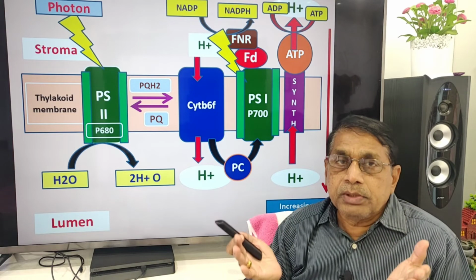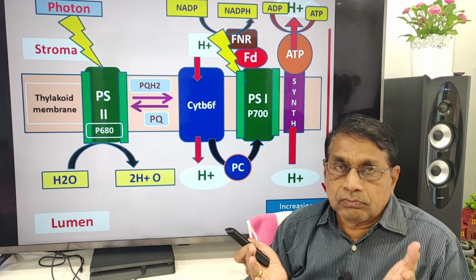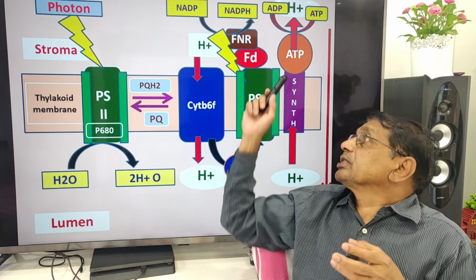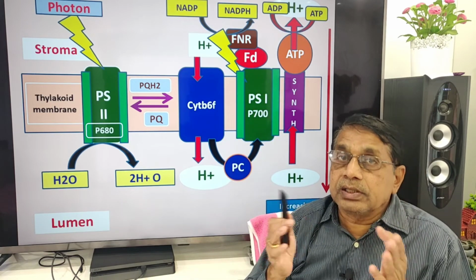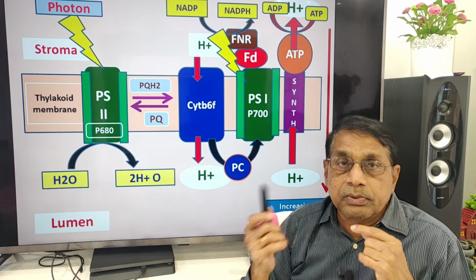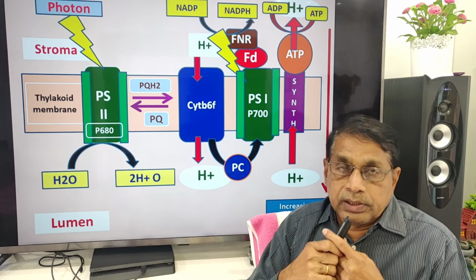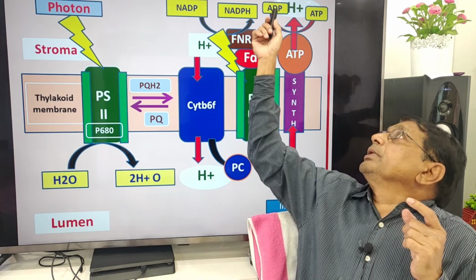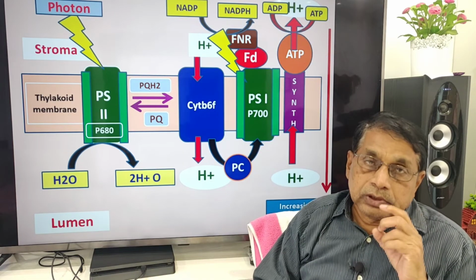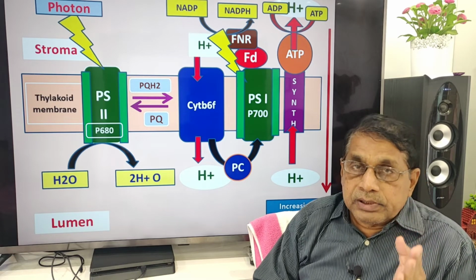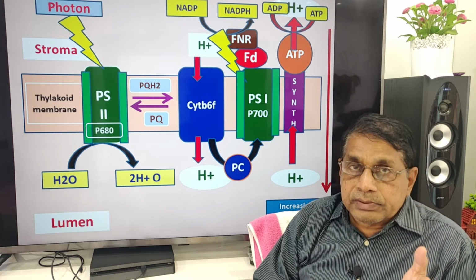It is almost a mini motor. When the protons pass, the head structure that contains alpha, beta, gamma subunits, rotates. During that rotation, ADP and phosphates are coupled to form ATP, that is ATP synthesis or phosphorylation,